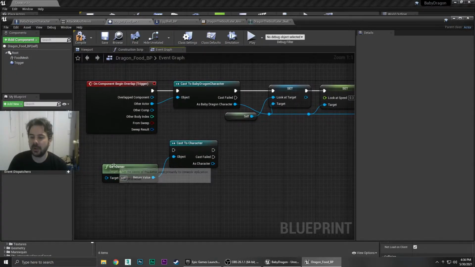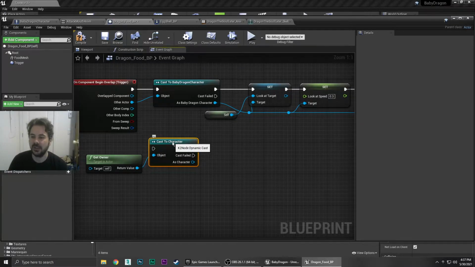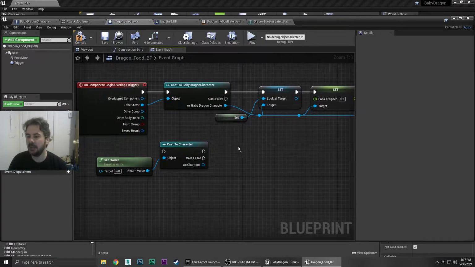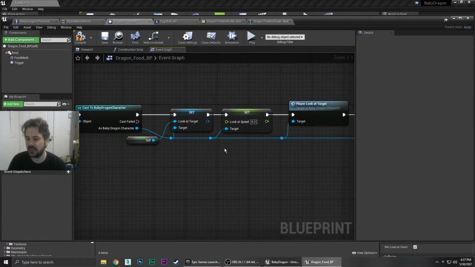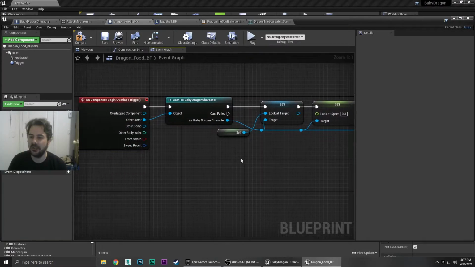So if you program it this way, you get the owner, so it's going to get the owning actor. Whatever overlapped this sphere, get the owner. In this case, the owner would be our baby dragon, and see if it is a character. And as long as it's a character, then you can allow that trigger to be true. But in this case, since we're calling specific code, like look at target off of our character,